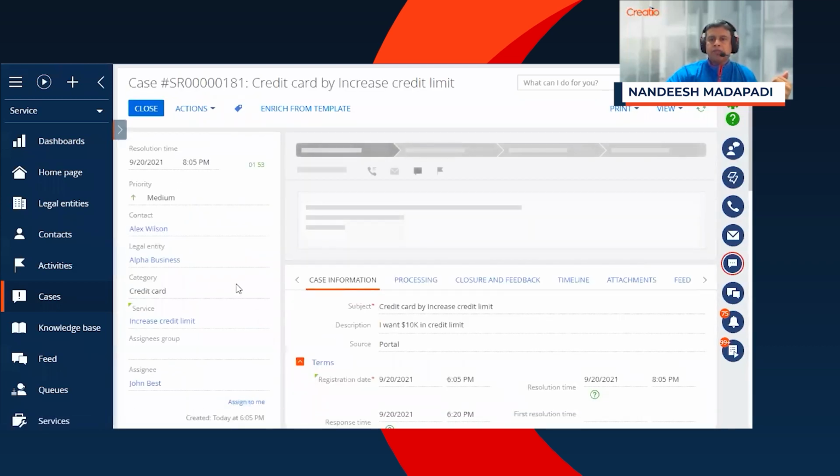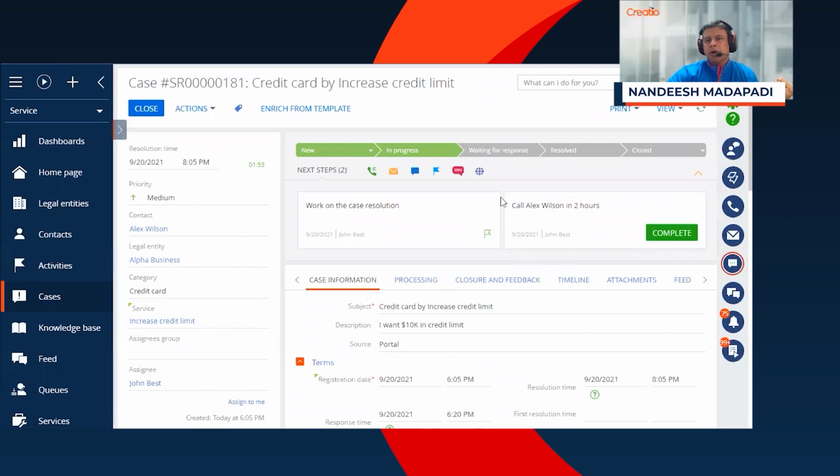So if you go back to the service ticket now, 181, you will notice that "call Alex Wilson in 2 hours" has automatically been created as an activity for the agent. So as the agent is working on the tickets, he or she gets notified that, hey, you need to reach out to Alex Wilson in 2 hours because he made a ping. He wanted to understand what is the latest on this particular case. So this is how we can